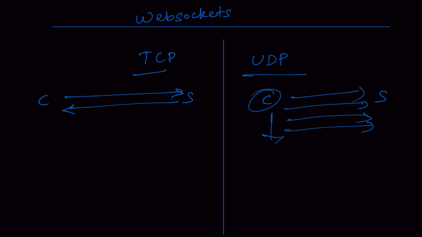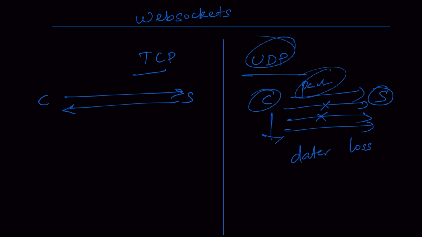Sometimes what happens is the data is transmitted in the form of packets, right? Since it's not an acknowledgement based protocol, sometimes due to internet connectivity issues or congestion in the network, some packets might be lost, meaning they might not reach the server. Which means we have data loss in UDP, whereas in TCP